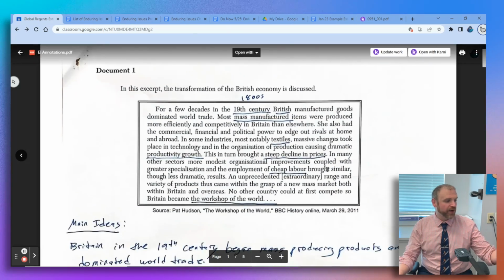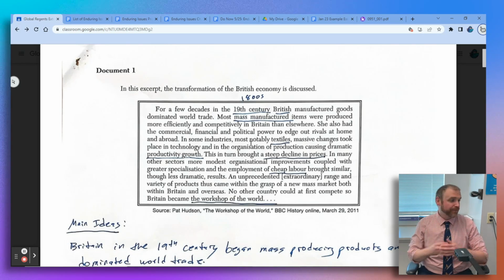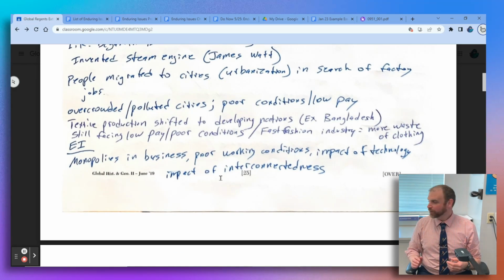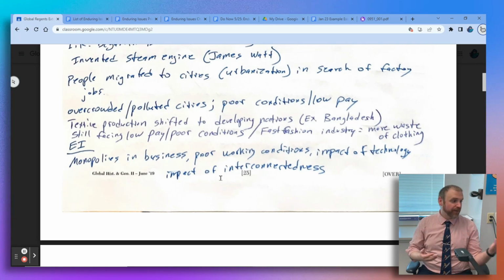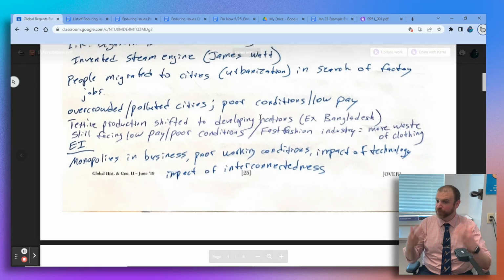So for example, this is talking about producing textiles in British factories in the 1800s. Do you guys know what a textile is? Clothing. Okay, so it's talking about during the Industrial Revolution, Britain becomes this center of clothing manufacturing in the world, right? They're using their factories to do that. Well, if you look around the world today, and again, this is a little bit biased because this is something I do with my students, maybe you guys don't have exposure to this, but one of the homework assignments that I had my kids do this year was about something called the fast fashion industry, which is where 3rd world countries or developing countries are producing clothing so efficiently and so cheaply and paying their workers next to nothing that